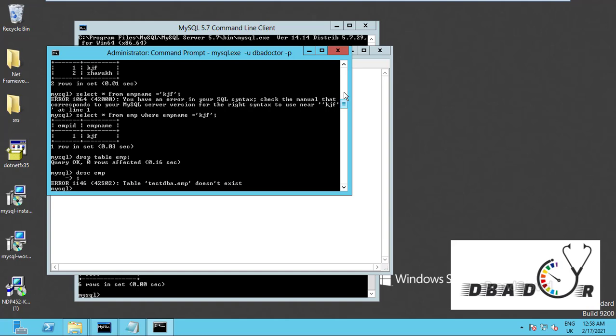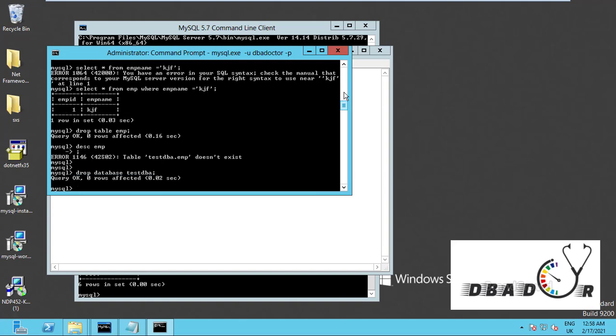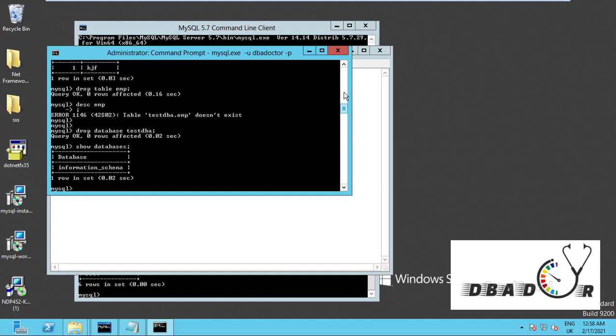So next we are going to cover dropping the database. Drop database test dba. So now the db is also dropped. You can describe databases, only one database is present.